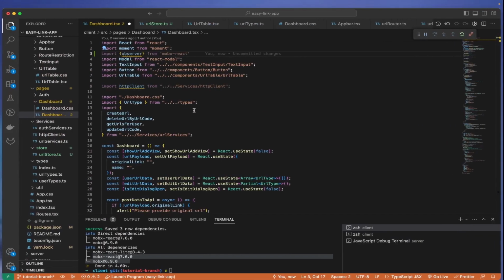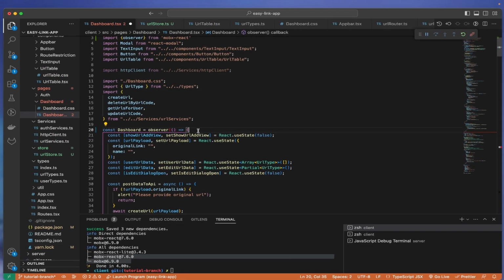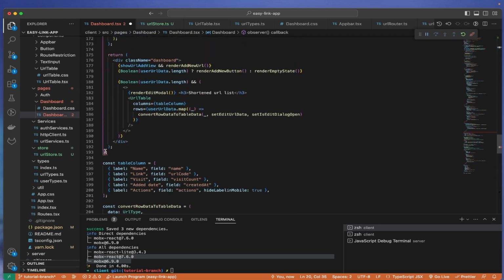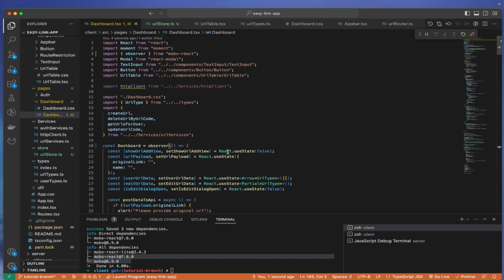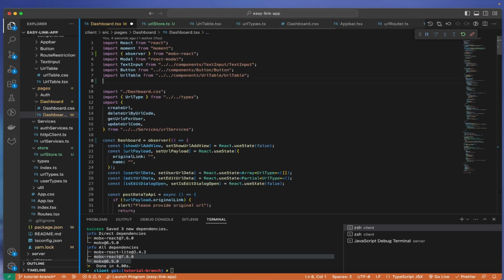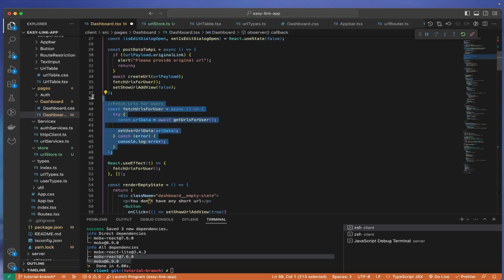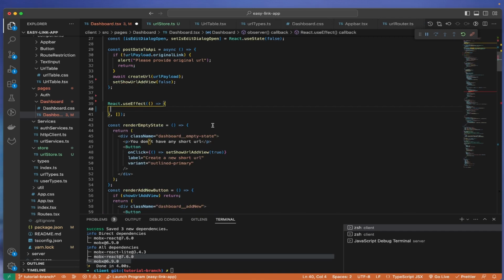So I just need to wrap this. What we want is to wrap all our components, whatever component you want to observe the state. That means if the state changes, then your component will re-render, that kind of thing. Then you need to wrap it. Let's remove this from here, and then we'll go here, we'll remove this one from here, we'll remove this one from here, we'll also remove this one from here. And here I can just say